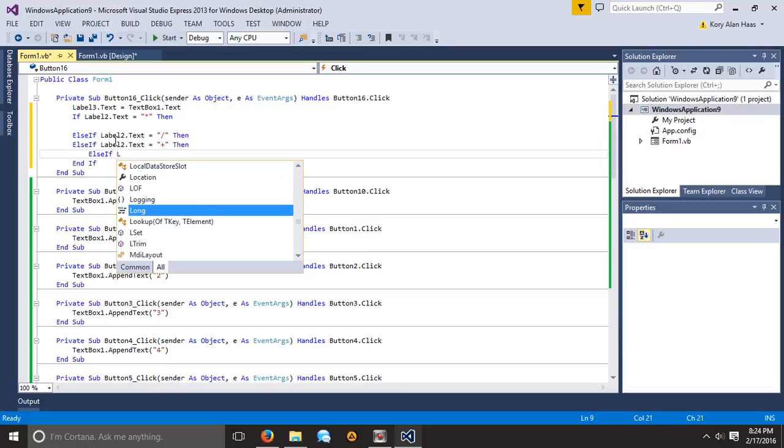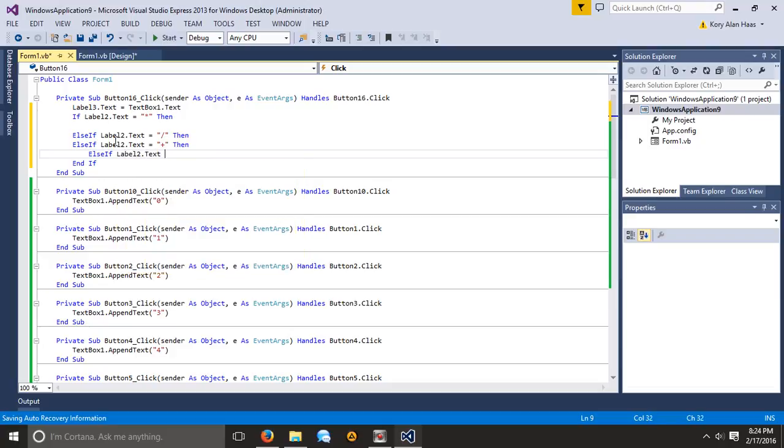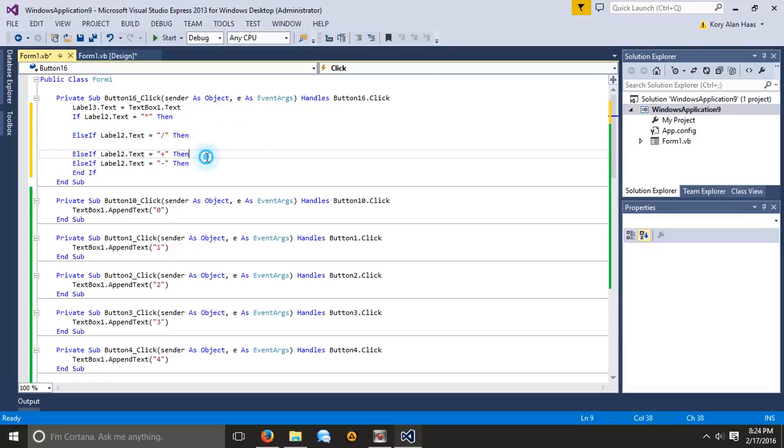Else if label 2.text is equal to the minus sign. So here now we have our code very nicely set up, and we can put in each one of our